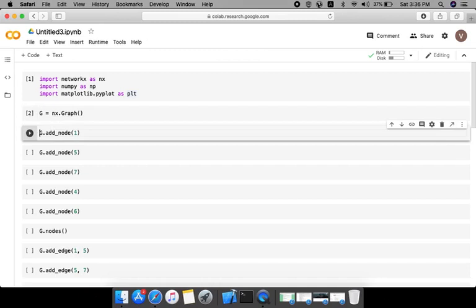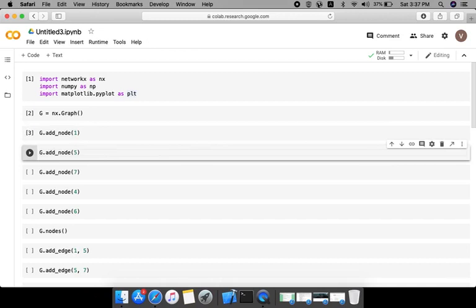So the next step is we need to add the nodes and edges to our graph. In order to add a node to our graph, we use the command G.add_node(1). Here in the command, G is again the name of my graph I am adding nodes to, and add_node is the function that helps me add nodes to my graph G. And in the brackets, this 1 stands for the node I am creating. So this command means I have created a node in my graph which is node 1.